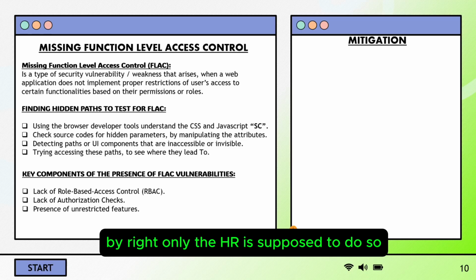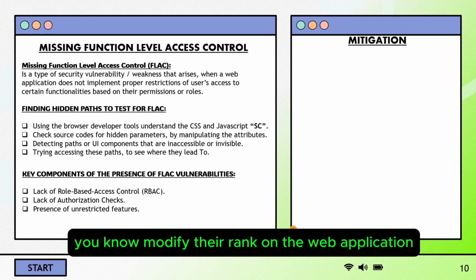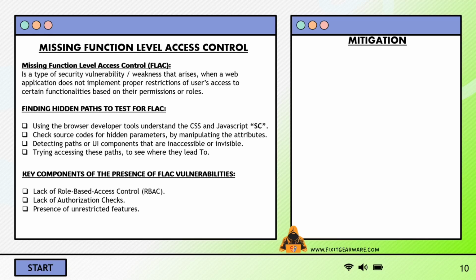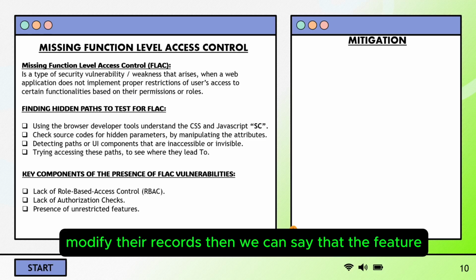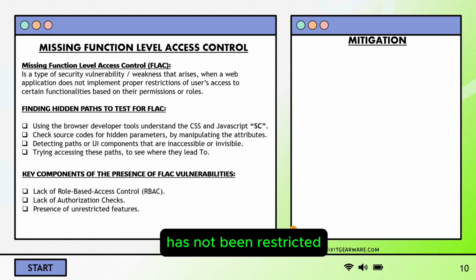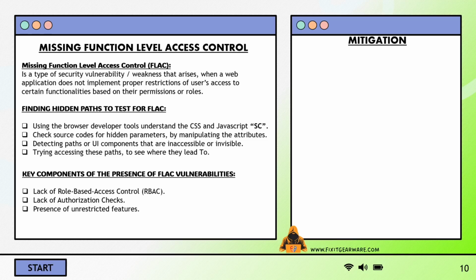By right, only the HR is supposed to do so. If the marketer is able to modify their rank on the web application and modify their records, then we can say that the feature has not been restricted, which shows that the application is vulnerable to